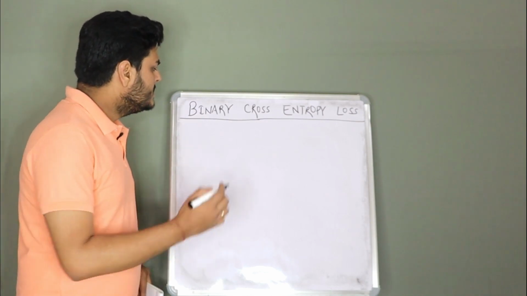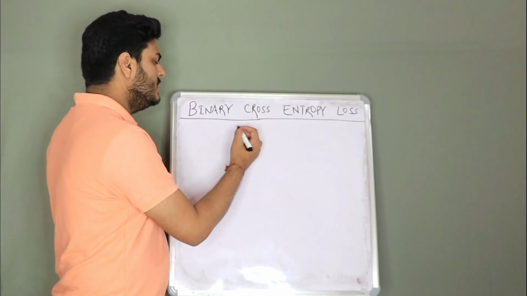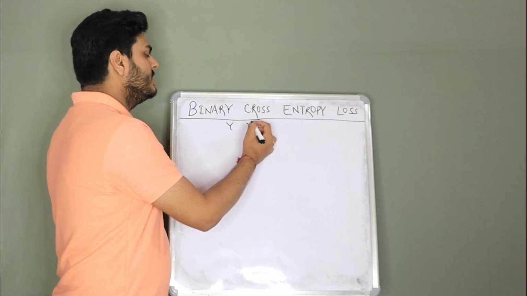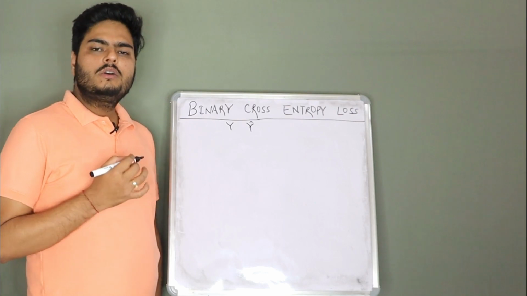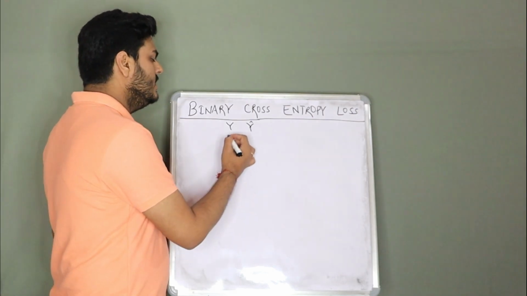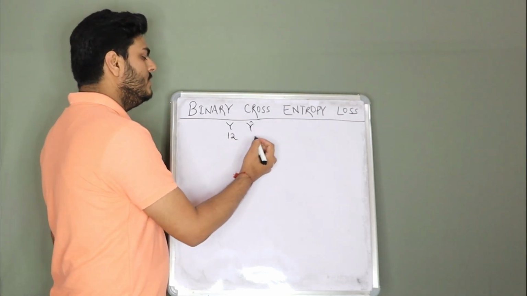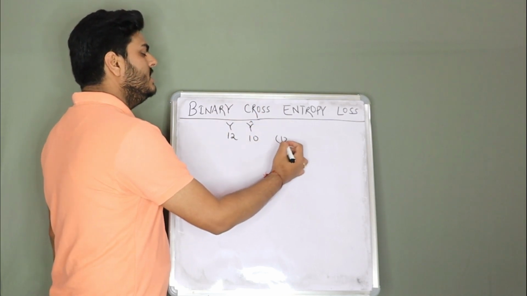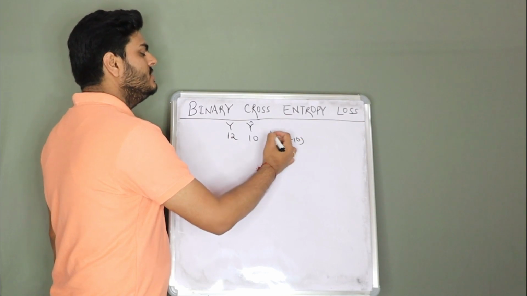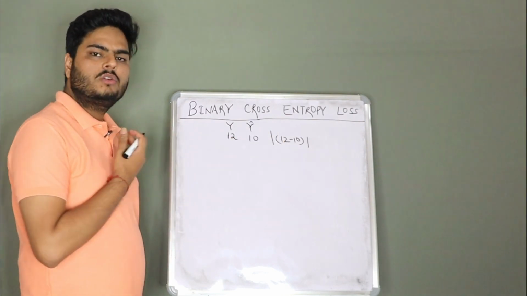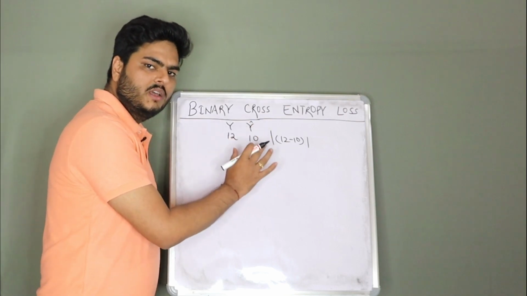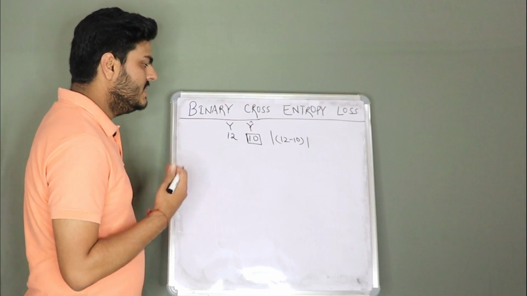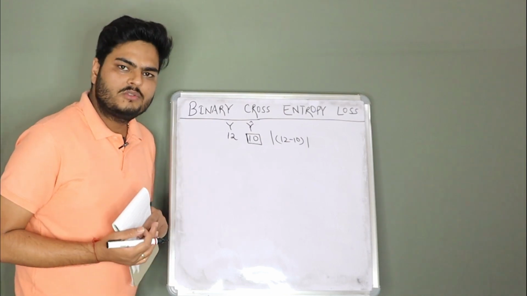For example, if you have a simple regression model, then in the target you have y and in the predicted you have y hat. Maybe in y you have 12 and in y hat you have 10. So you can say 12 minus 10 or 10 minus 12, whichever way, this is your loss, or this is your cost. And this prediction will depend on all your parameters, for example, in a regression model, your coefficient values.